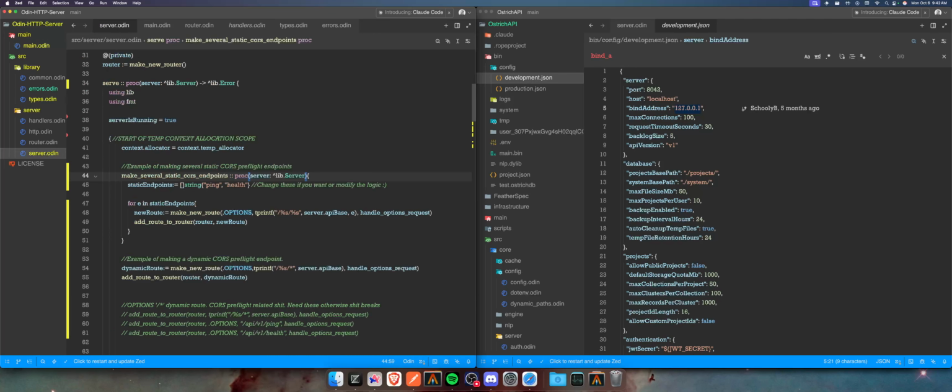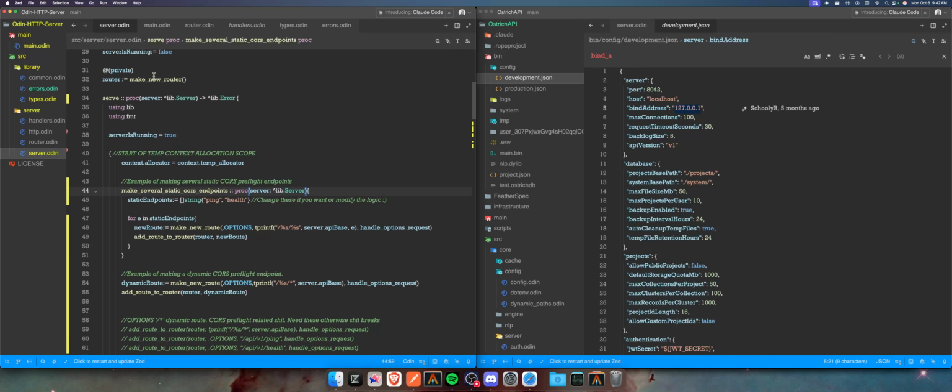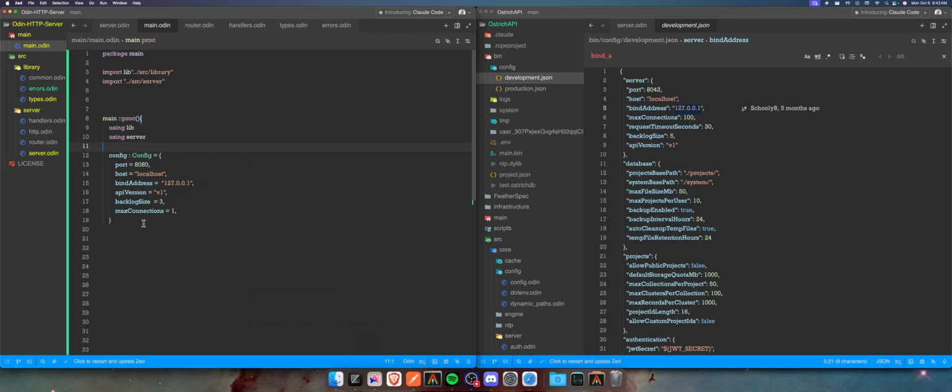Pointer to a config. So all we have to do in main is create a server. So do that, and then